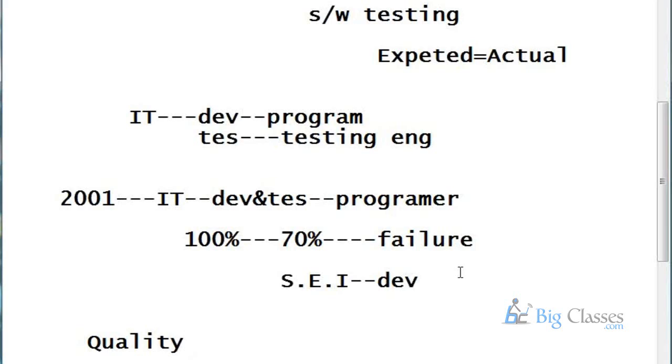A small, simple definition for quality: customer satisfaction is called quality. If the customer is satisfied, then it is a quality product. If the customer is not satisfied, then it's not quality. When will the customer be satisfied? If the customer's expectations are met, then the customer is satisfied. If the expectations are not met, the customer is not satisfied. Understand or not? Okay, simple and small definition. So quality means customer satisfaction.